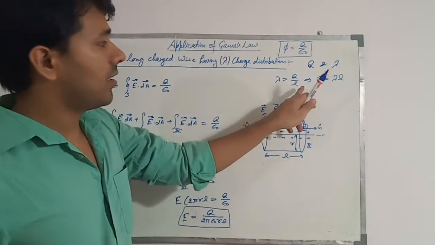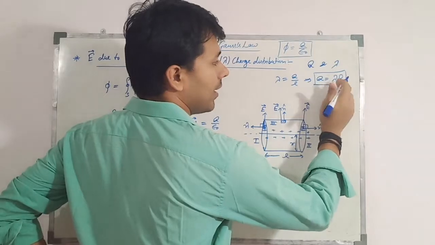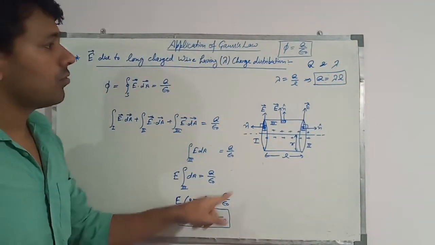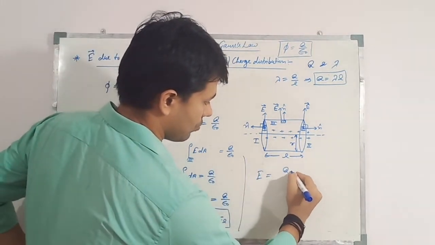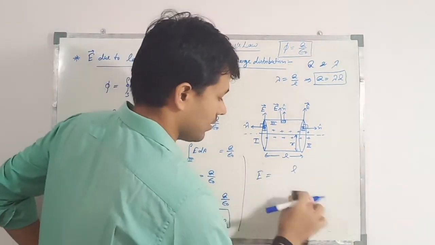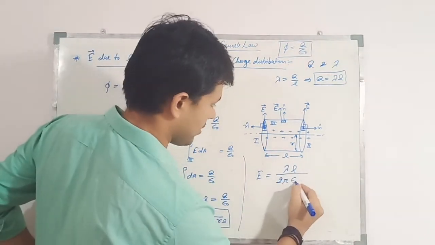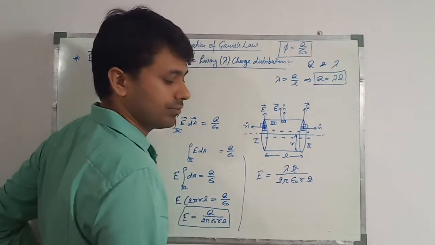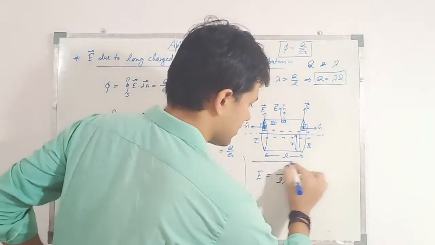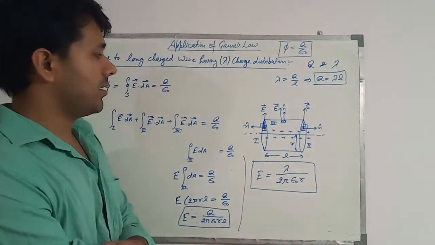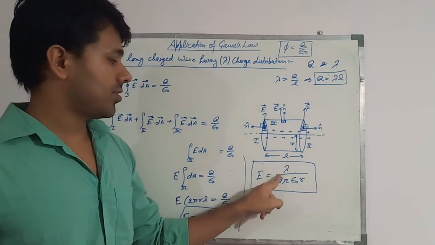But here we have been given a line charge distribution, and line charge distribution is what? Total charge is equal to lambda L. So we replace this Q with lambda L. Then the electric field is equal to lambda L upon 2 pi epsilon naught R L. L cancels with L, right? So we remove it like this. This is the electric field intensity due to a long wire having line charge distribution lambda,